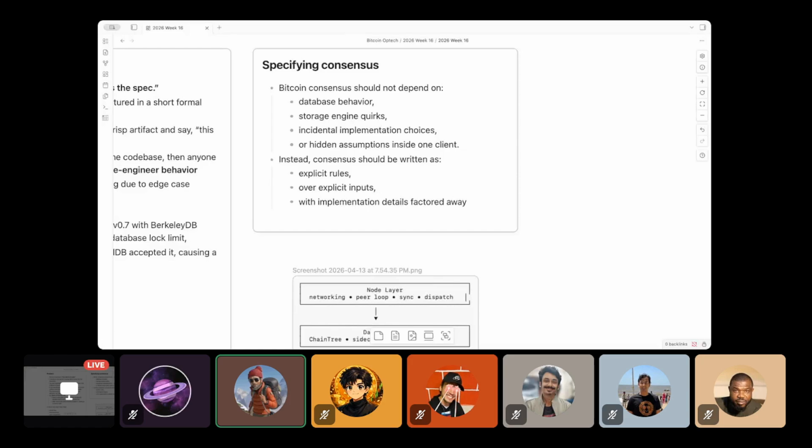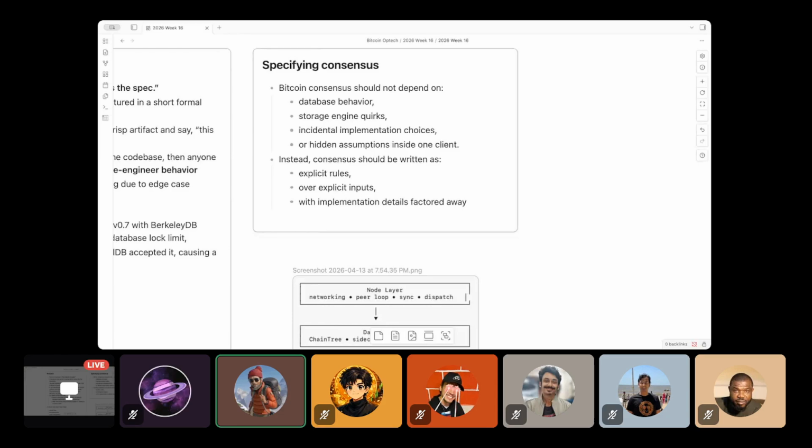Consensus is also not related to any implementation choices, and it should not have any hidden assumptions. It should be very explicit.